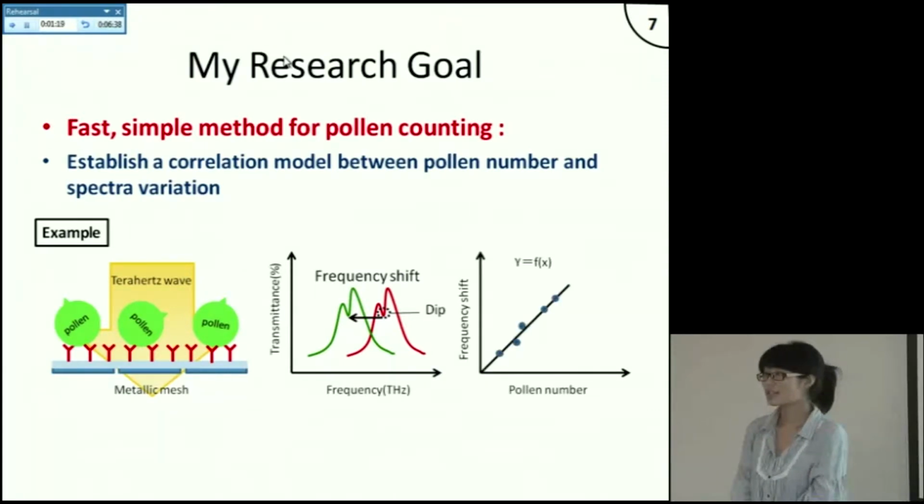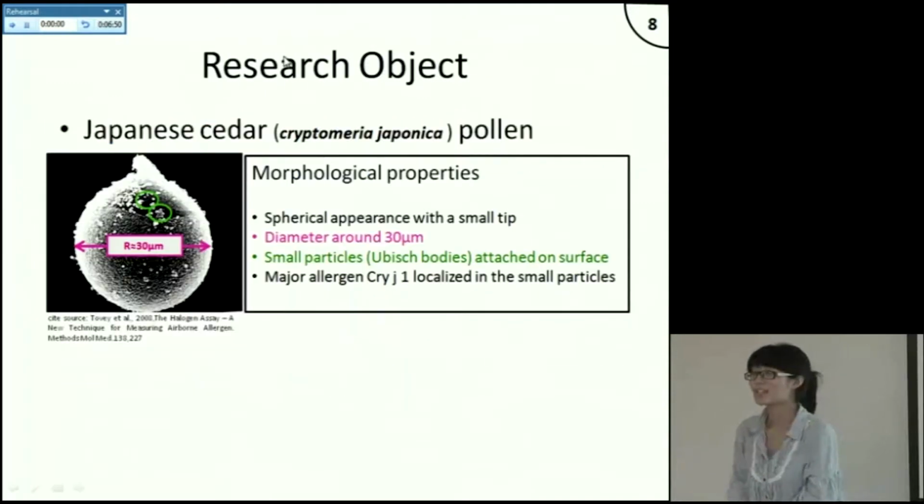Then based on the correlation model between pollen number and frequency shift, a fast, simple pollen counting process should be realized. So based on this hypothesis, I chose Japanese cedar pollen as my research object. Japanese cedar pollen is a major cause of pollinosis in Japan. As shown in this picture,